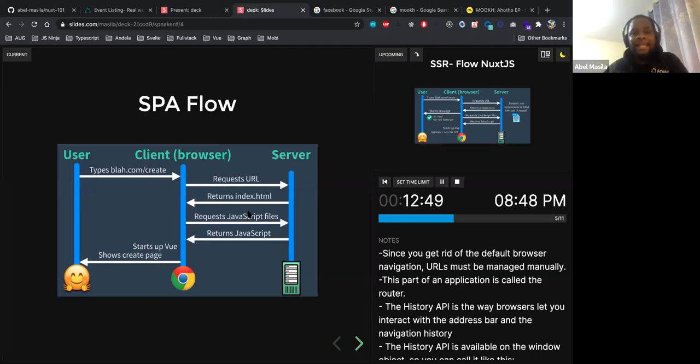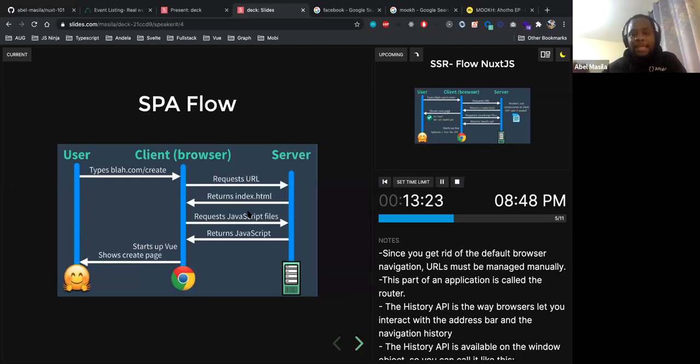Hydration is an advanced concept in web development, especially if you're not into plugin development and so forth. But what hydration means is that once the HTML file has been returned by the server and the JavaScript files have been fetched, Vue or React or Angular will take over the HTML generated by the server and make it into a reactive DOM application, a virtual DOM for React users and Vue.js users.